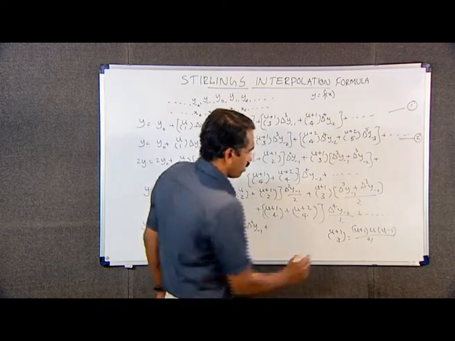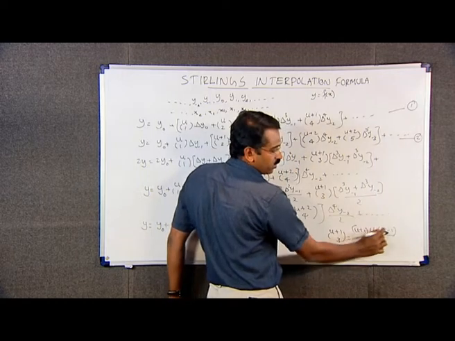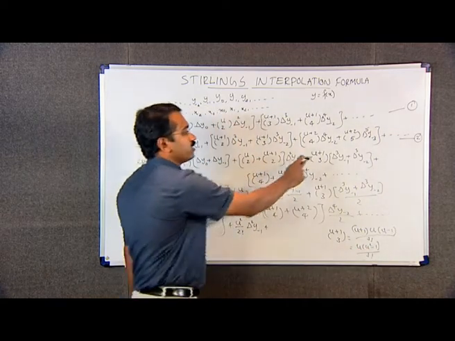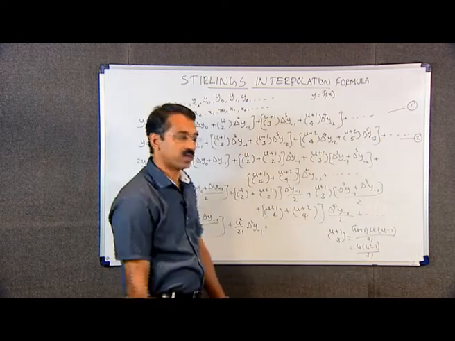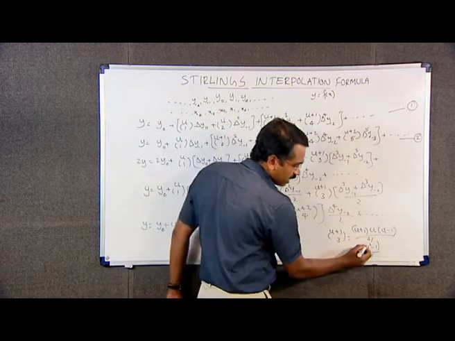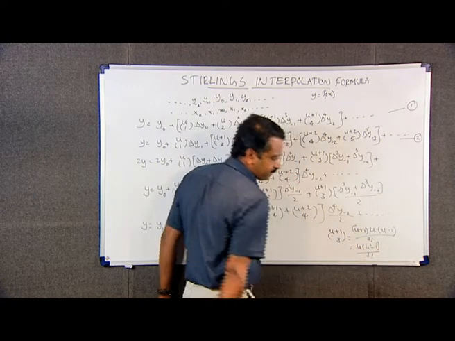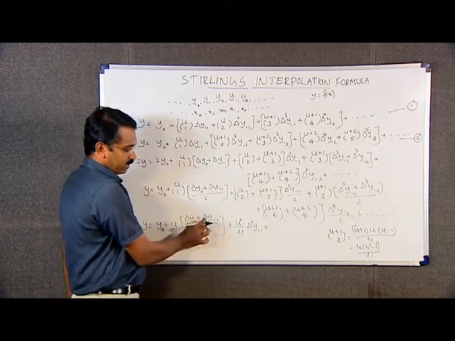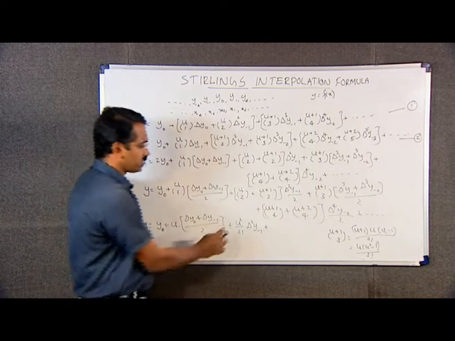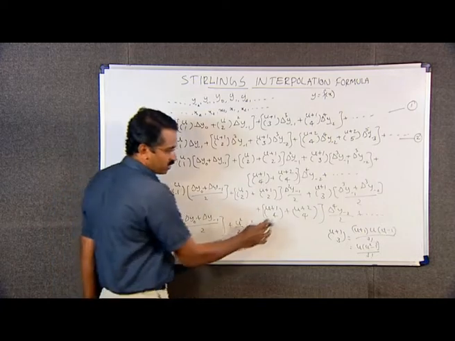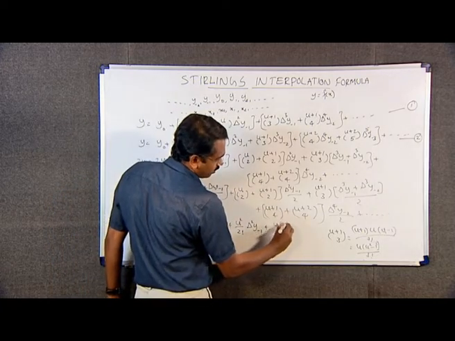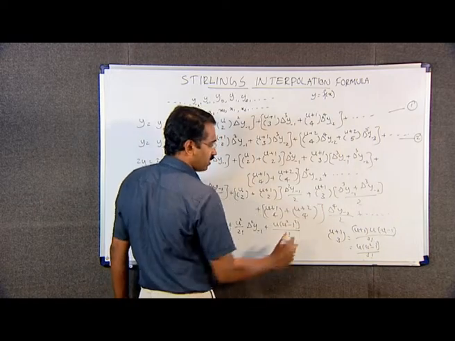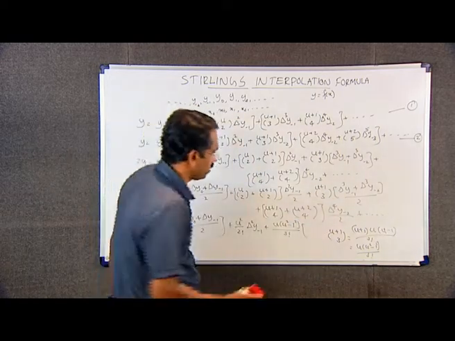That is equal to u into (u plus 1)(u minus 1), which is u square minus 1, divided by 3 factorial. Therefore, we can write u plus 1 C3 as u into (u square minus 1) divided by 3 factorial. Therefore, this is equal to y naught plus u into delta y naught plus delta y minus 1 divided by 2, plus u square by 2 factorial into delta square y minus 1, plus u into (u square minus 1) divided by 3 factorial into delta cube y minus 1